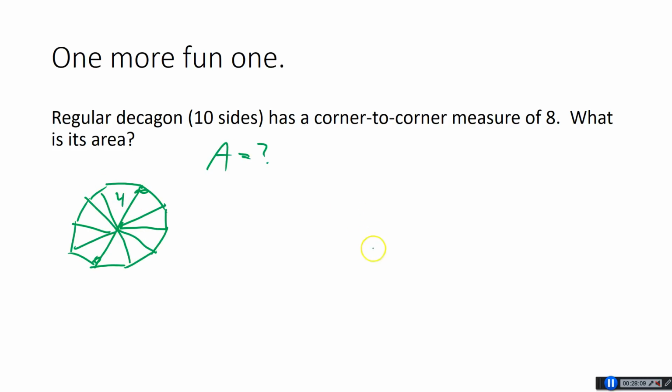So what I'm going to do is take one of these triangles out. So we have a side length here of 4 and a side length here of 4. So we have 2 sides. How about an angle? Well, if there are 10 identical triangles, how big is this angle right here? Well, 360 degrees in an entire circle, divided by 10, 36 degrees. What kind of a triangle do I have now? I have a side angle side. Right? We have a side angle side triangle here. So if we have side angle side,